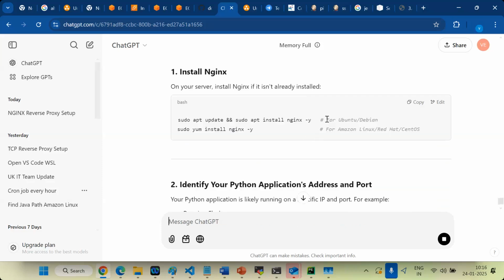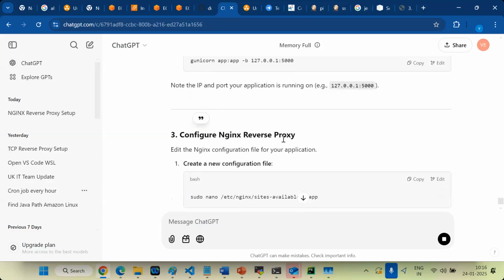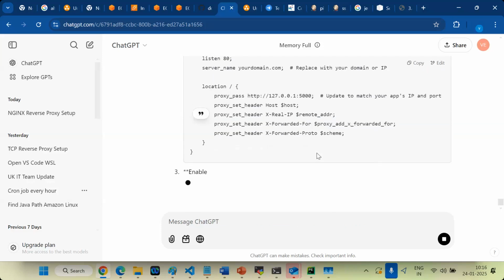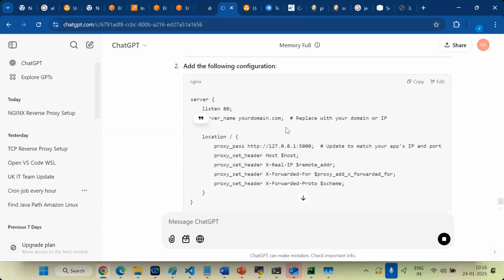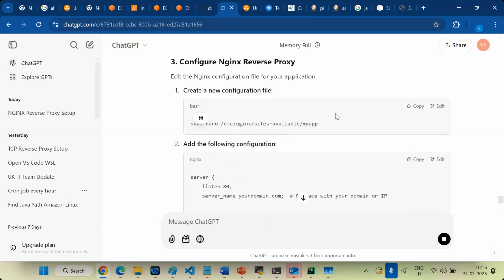See, it is giving apt install for Ubuntu, and yum install for Amazon Linux or Red Hat CentOS. Okay, so let's do it.